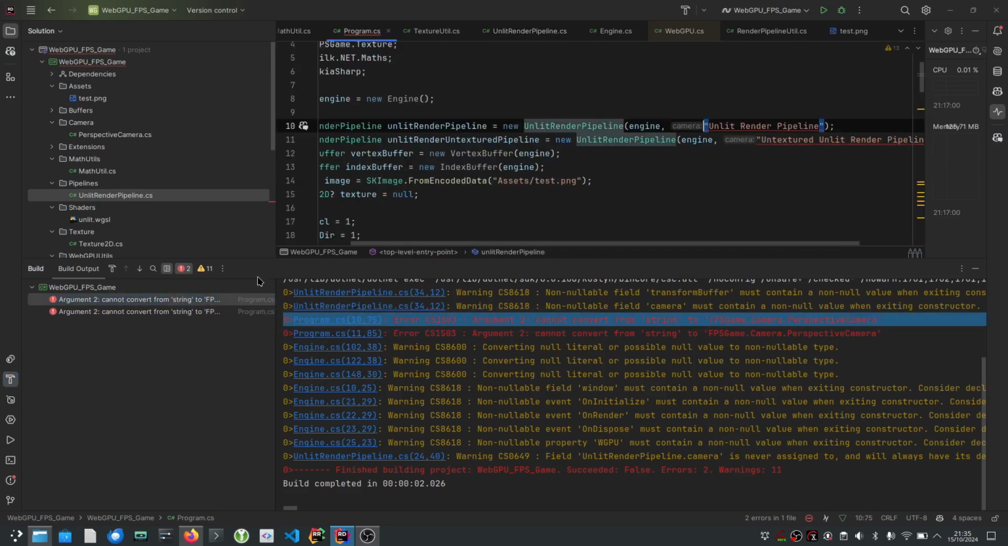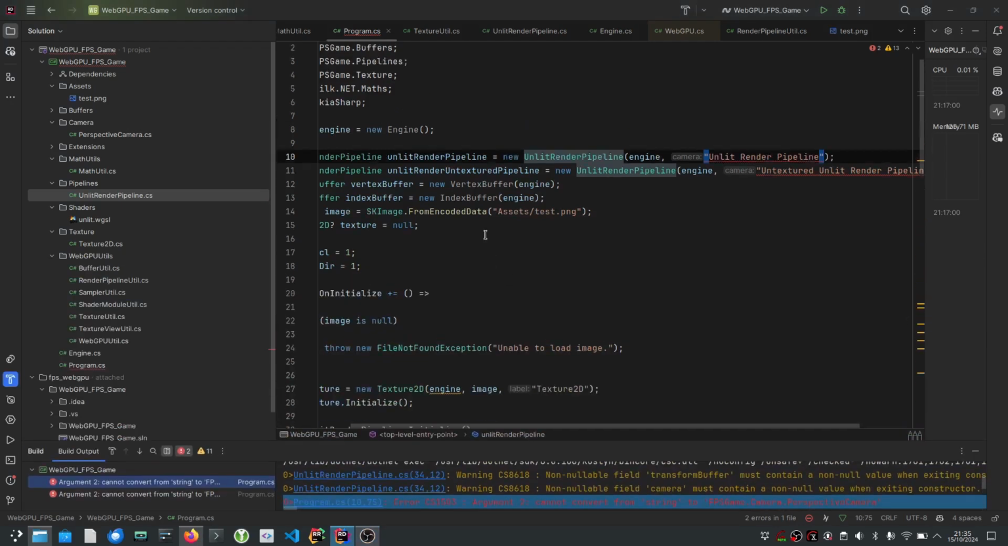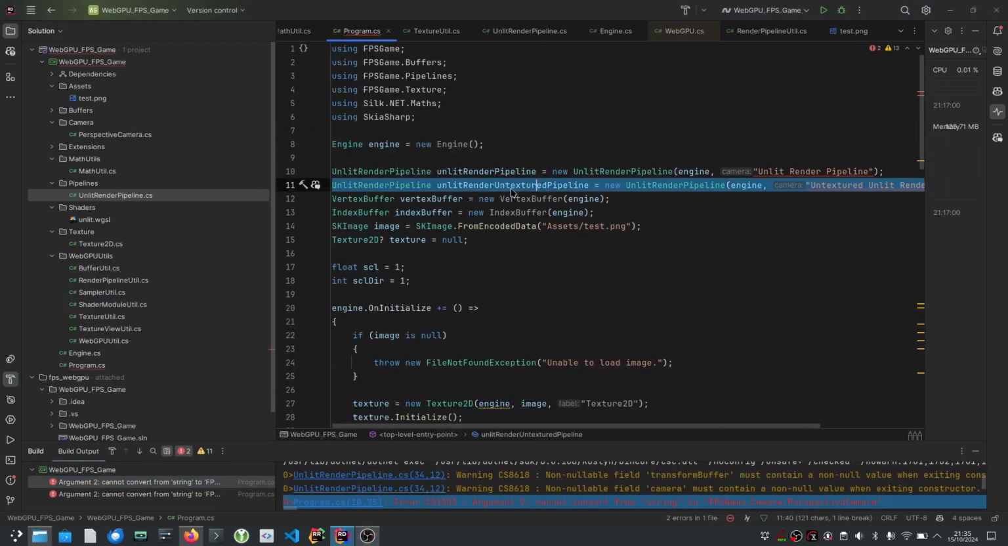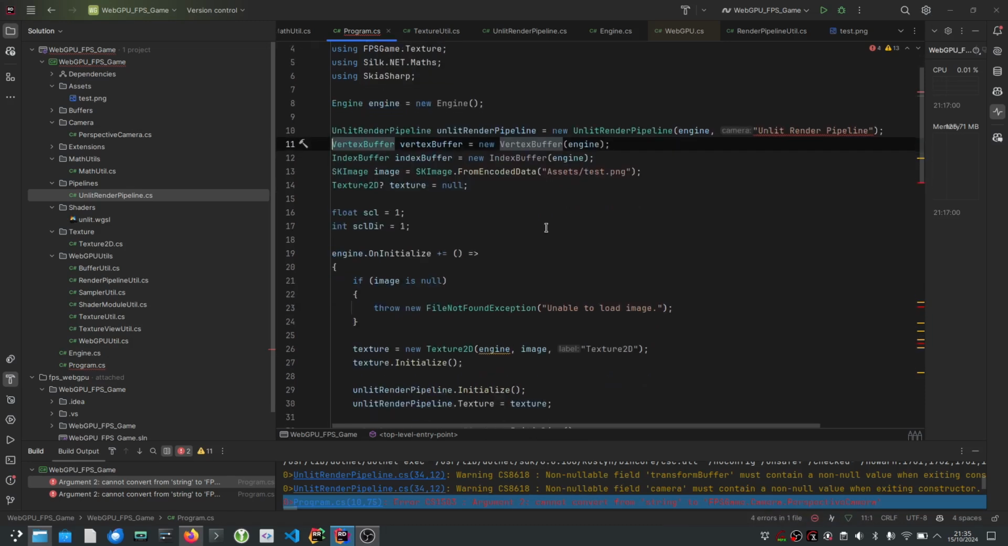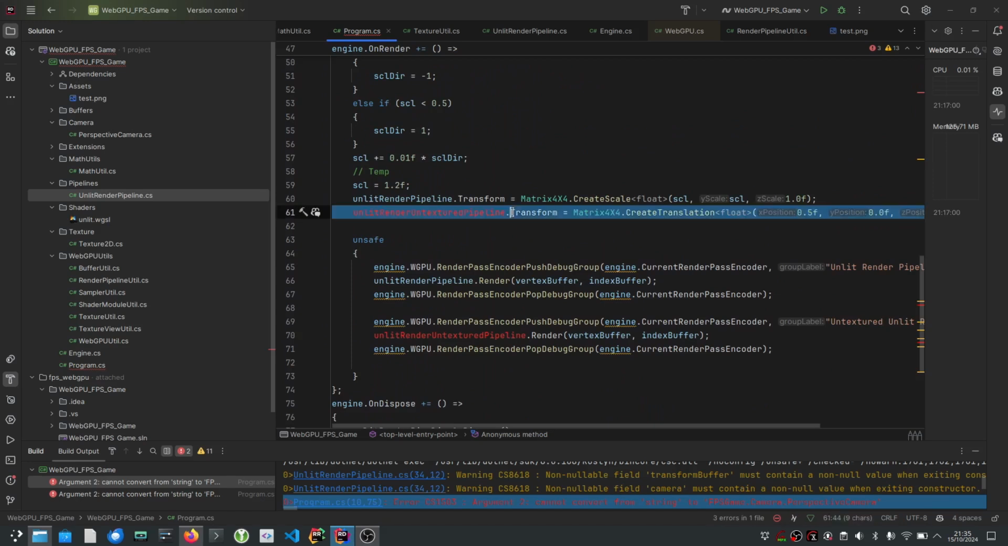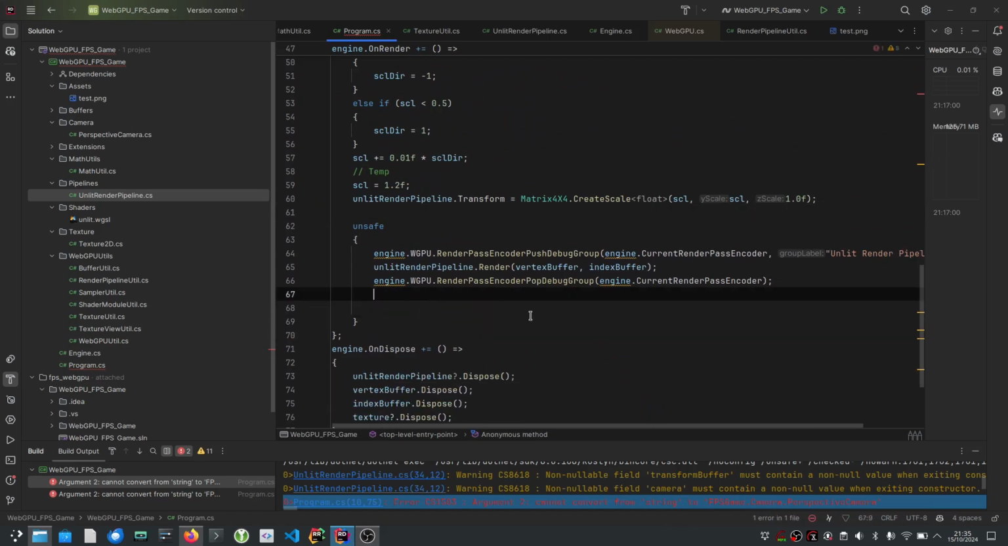So cannot convert from string. Aha, we never created it. So let's just do that step real quick. So we're going to have to move this, and you know what? I'm going to remove this second one. I don't want it right now. I don't want to deal with it. So we're just going to remove all of this,